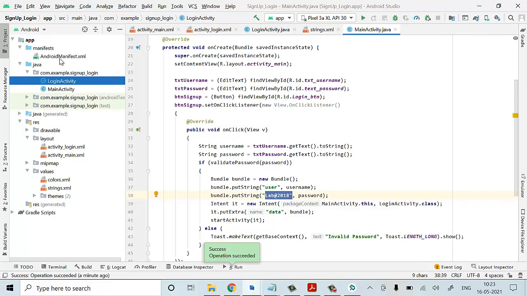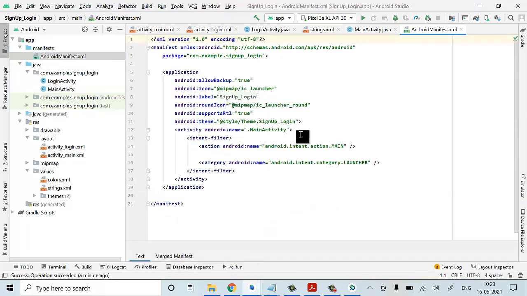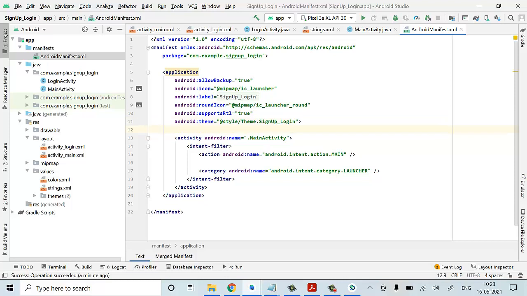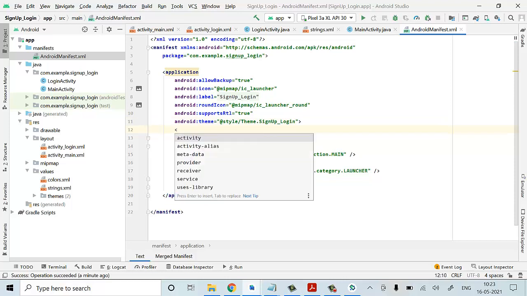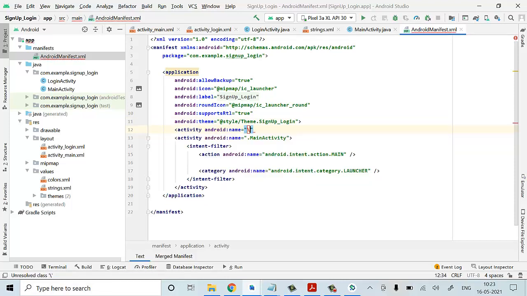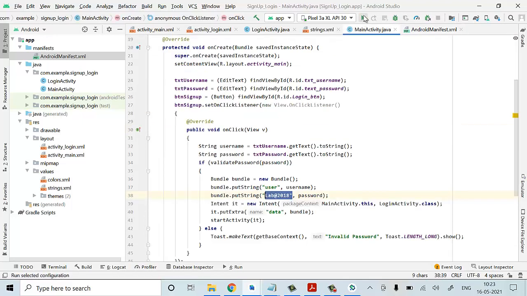In the Android manifest.xml, we have to link your sign up dot login activity. So you have to click this activity, name is equal to dot login activity, and you can close this. Okay, now save your code, go to your main activity and run this.